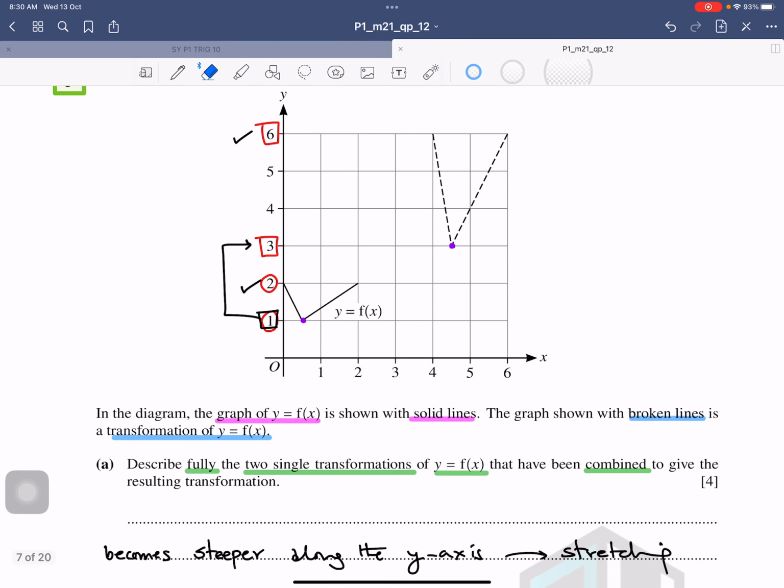Now, if I were to use an eraser and erase all these things, that is why in your diagram, in the exam, and while preparing for the exam, always use a pencil on the diagram. So now what is happening is that this particular dot is being moved 1 unit, 2 units, 3 units, and 4 units to the right. Now, someone can also say it's being moved up 2 units. But that is not the case, because that upward movement is because of stretching.